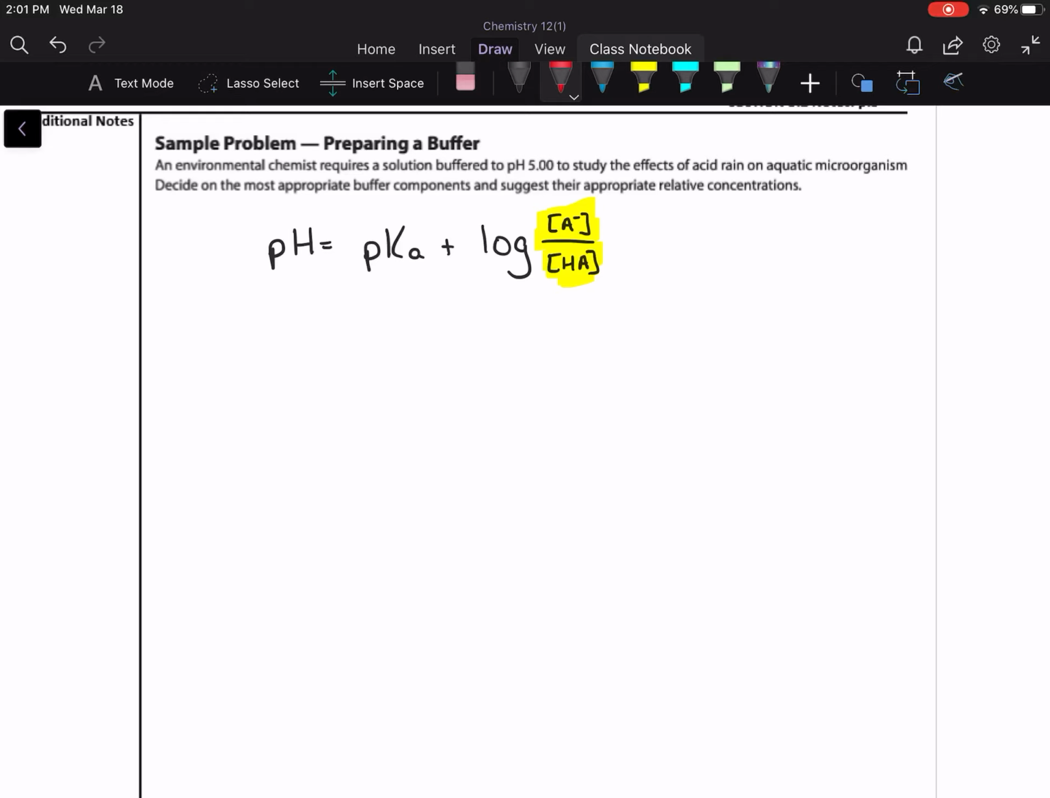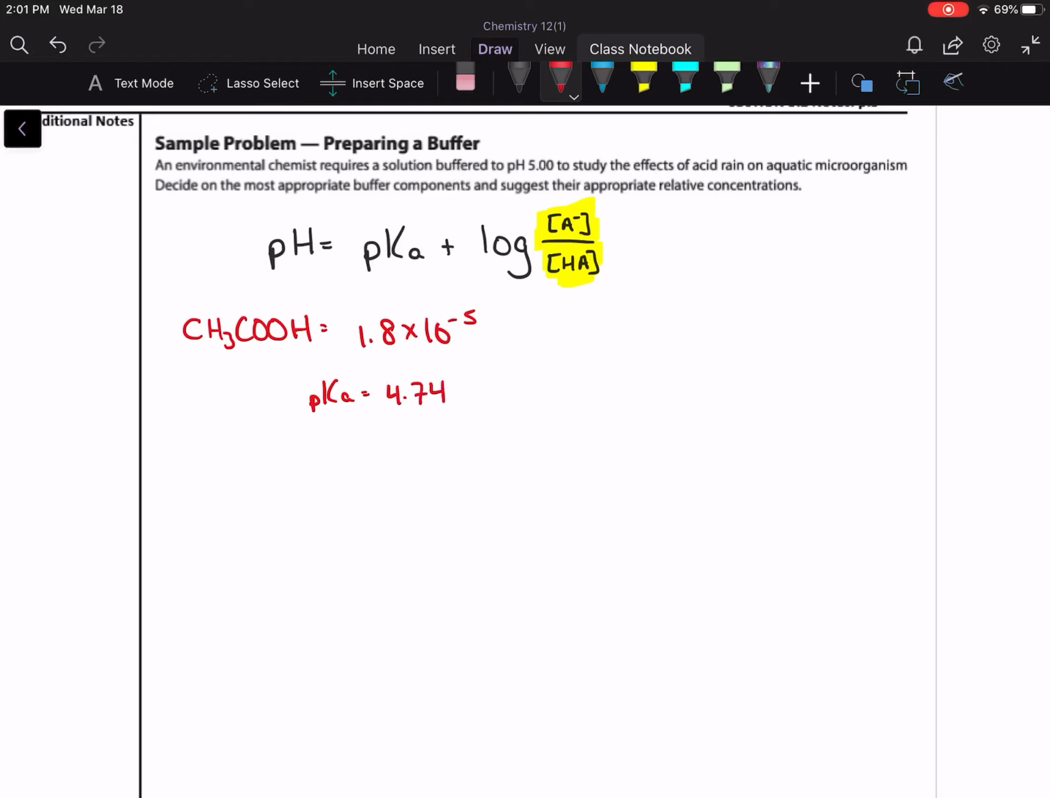So we want to look on our Ka chart and find an acid, a weak acid, where the pKa is close to 5. Okay, and so in this example, acetic acid will be sufficient. Acetic acid has a Ka of 1.8 times 10 to the negative 5 and a pKa of